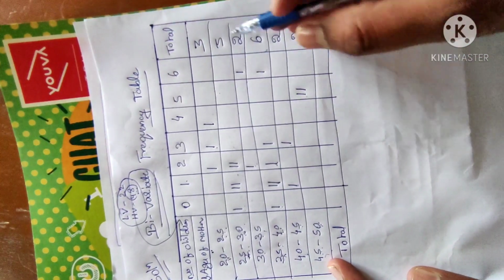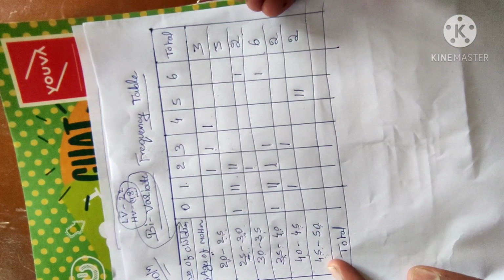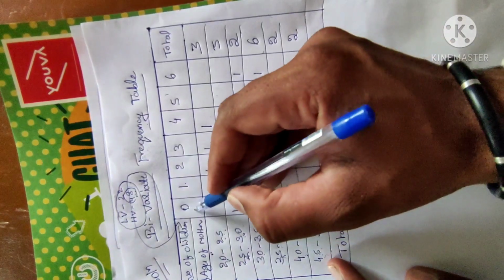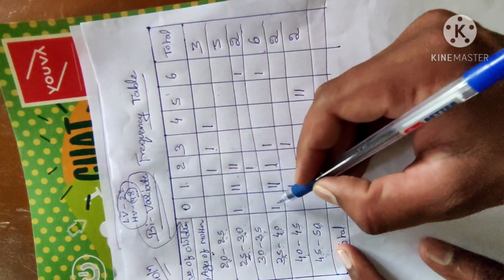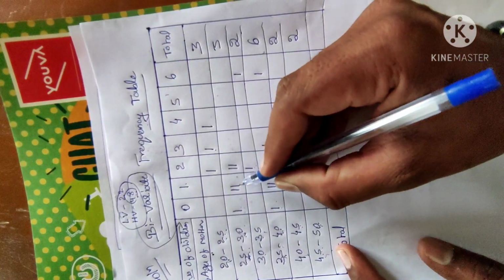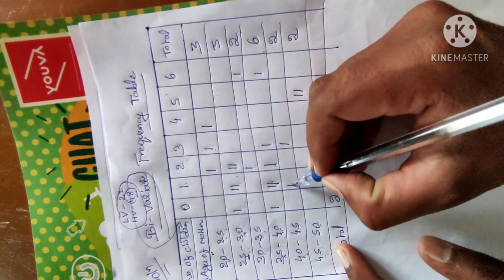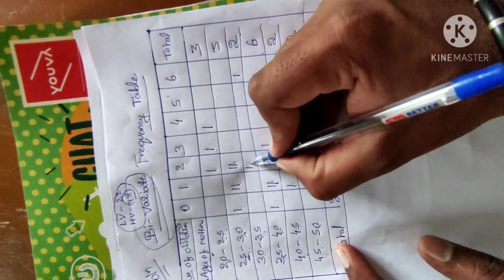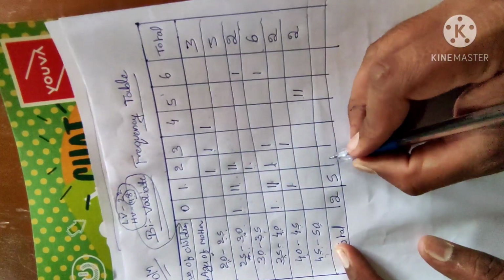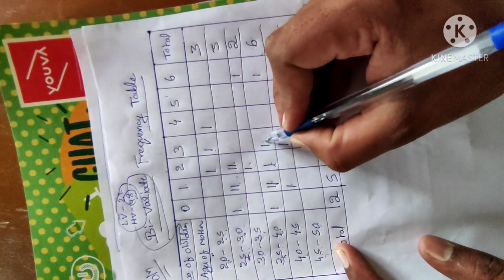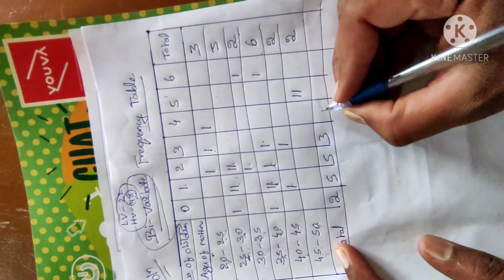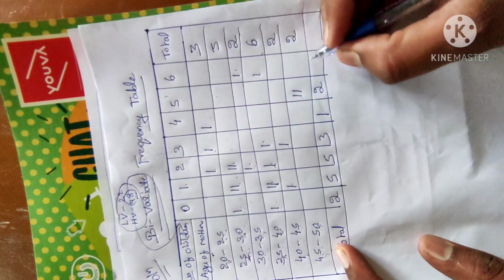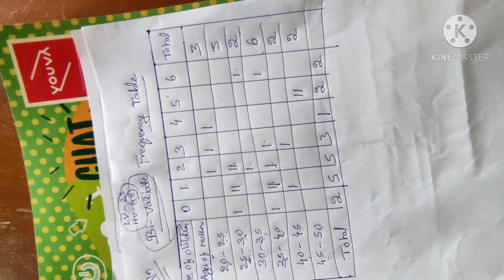This is the way of conversion to a frequency distribution. This is the frequency. These values are frequencies. Next, we should make a total in a column. 1 plus 1, 2. Next, 2 plus 2, 4, 4 plus 1, 5. Next, 1 plus 2, 3, 3 plus 1, 4, 4 plus 1, 5. Next, 1 plus 1, 2, 2 plus 1, 3. Here, next 1. Here 2 only, we should write 2. 1 plus 1, 2. This is the way of conversion.